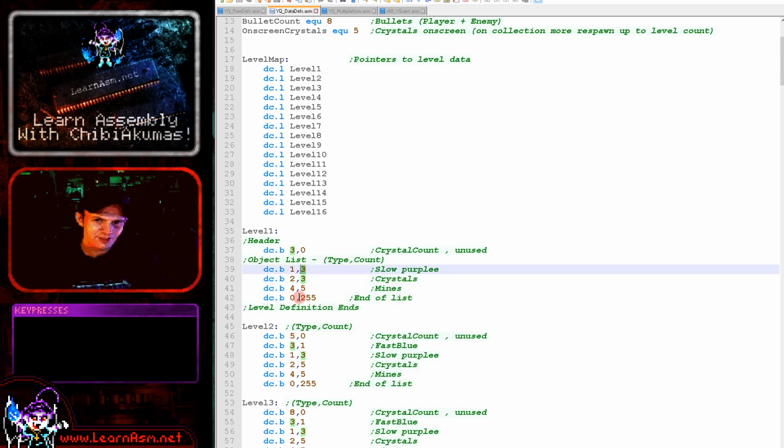So this is defining 3 of object 1 here, which is known as the slow purple. This is defining 3 of object 2, which is the crystals. Now notice there's a difference between the crystals you need to collect and the crystals that are shown on the screen at a given time. And then we've got mines here, so we've got 5 mines with object 4 here, and then we've got 255